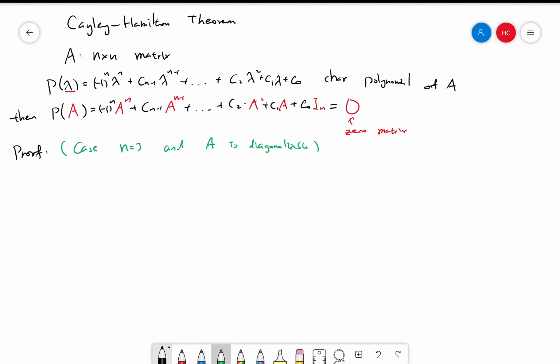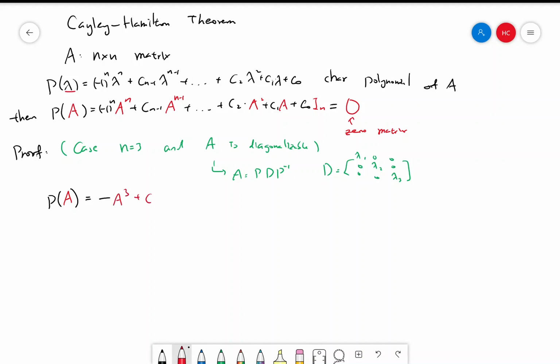Because A is diagonalizable, we know that A is equal to P D P inverse, where D is the diagonal matrix with diagonals being the eigenvalues. All right, so let's plug A into the characteristic polynomial. So P of A is equal to (-1) cubed, which is just -1, times A cubed,